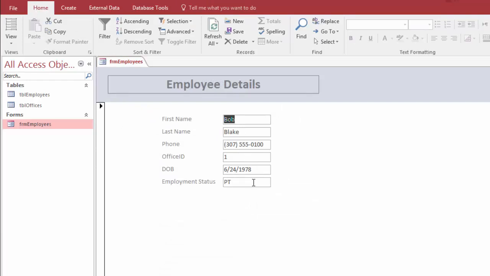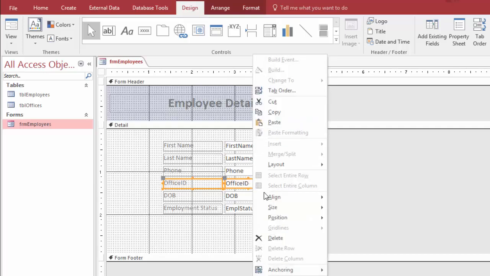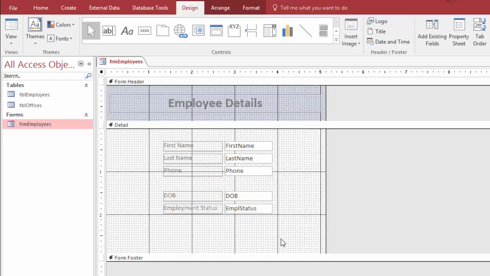Okay, so let's create some combo boxes which will allow us to use these as drop downs. So go back to design view, and what we're going to do is just come in here and delete these out and then add them back in as a combo box. Okay, so we'll highlight those. We can either hit delete or we can right click and click delete, and you see that's gone now. Now we go up here, we left click the combo box, we come down here and we drag and place it in here,